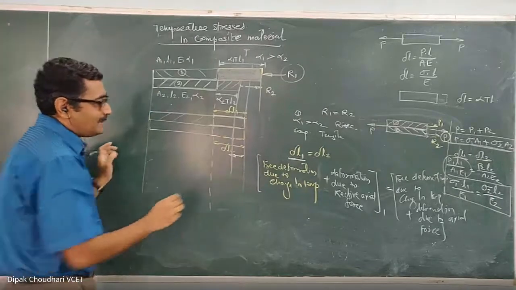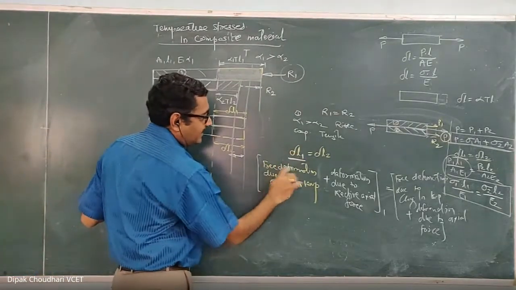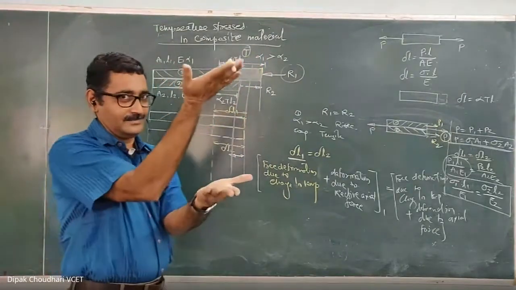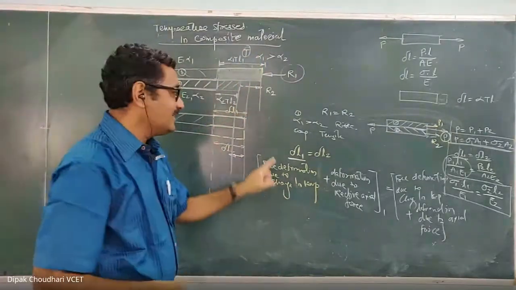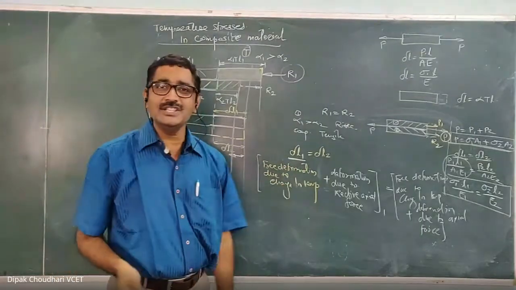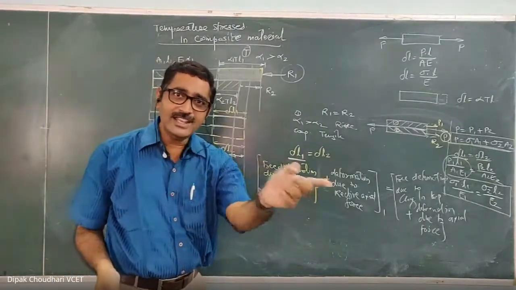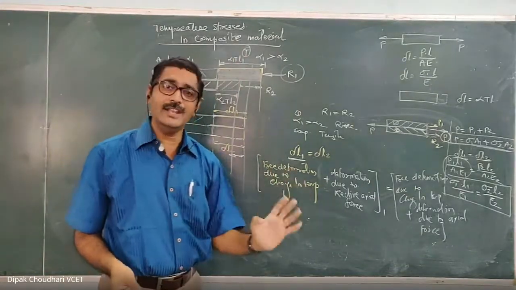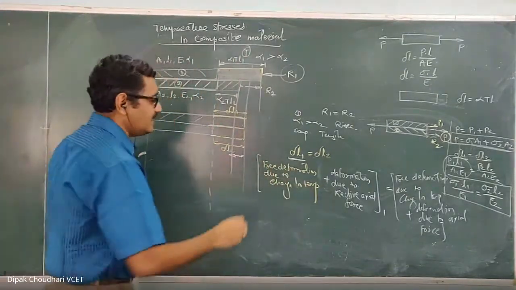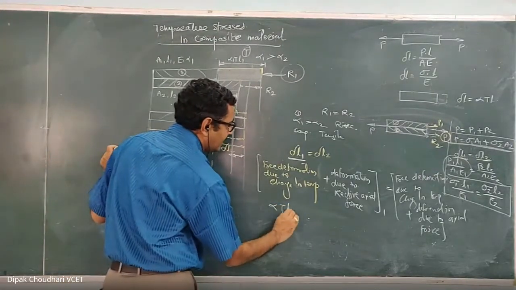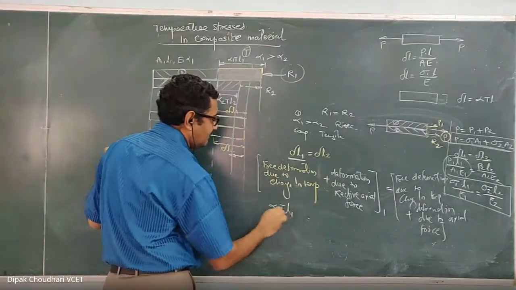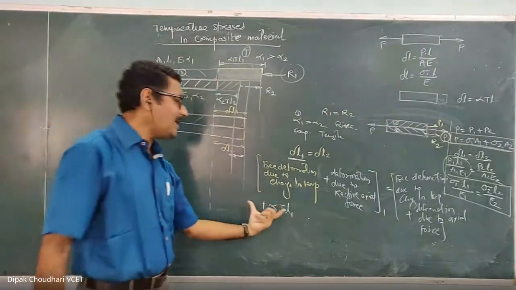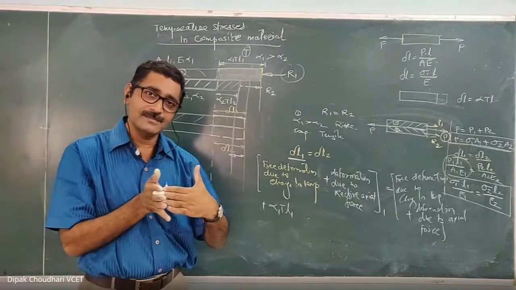Now for example, this delta L1, this free deformation due to the change in temperature. अभी temperature rise हो रहा है. अगर temperature rise हो रहा है, तो free deformation because of the change in temperature, here the length will increase or decrease? Now, since it is a rise in temperature, the length will increase. Now, since length is increased, you can use alpha 1 T L1, and it is positive because it is an increase in length. अगर fall हुआ तो ये minus होगा because there is a contraction there.